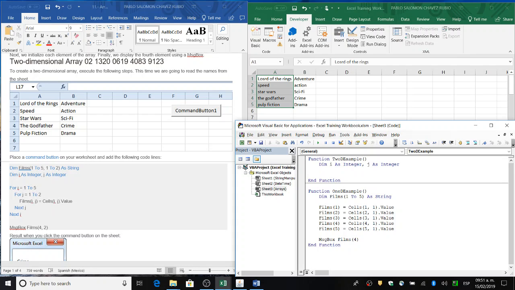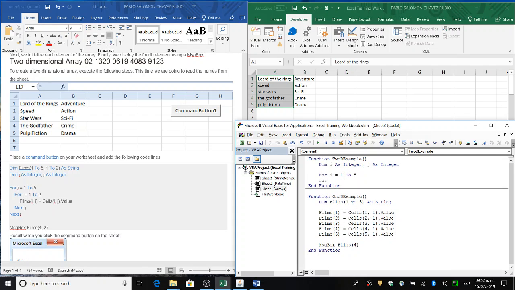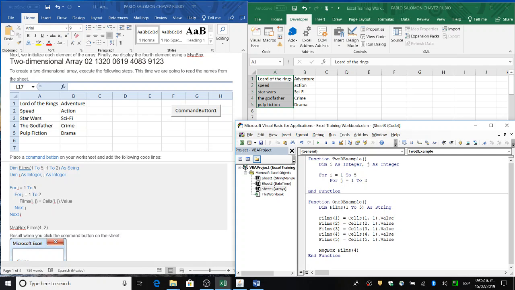We create a loop to go through all the values that we have in columns A and B. So for I equal to 1 to 5, and for j equal to 1 to 2, because we only have 2 columns,